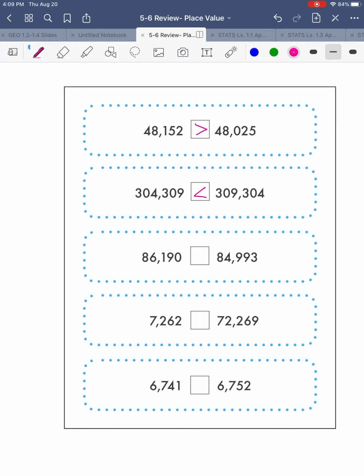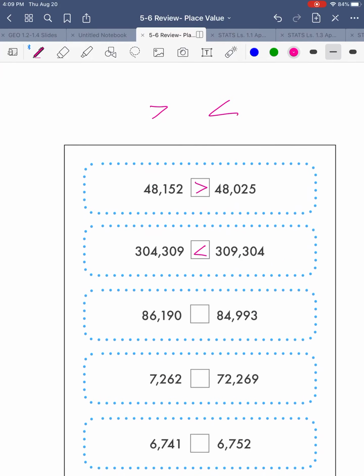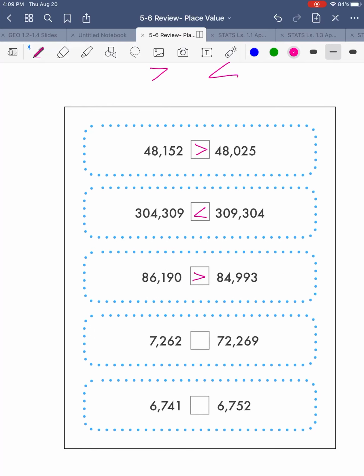86,190 is greater than 84,993. So I want the greater than symbol. So again, I have to kind of draw a G and find out which one matches. Well, this one looks like a G. Okay? So I'm going to put in the greater than symbol. Okay? The next number, the first one is